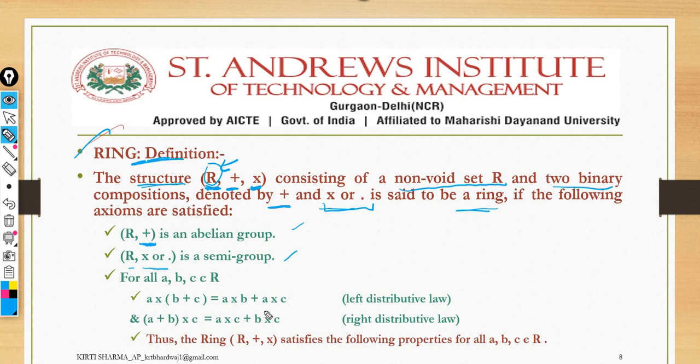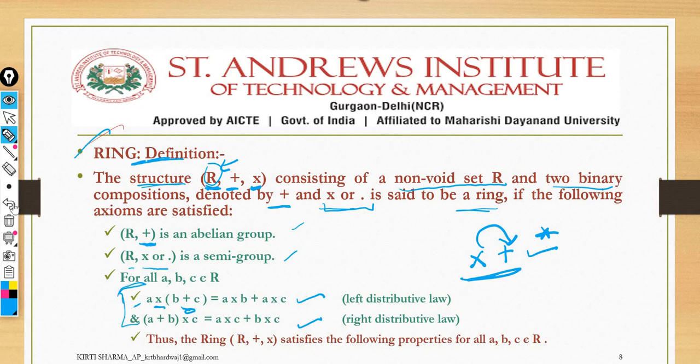There are 2 conditions here that are compulsory to satisfy in order to make a ring. It should be left distributive and right distributive. Mark one thing here: the distribution should be in a specific manner. The distribution of the multiplication operation over addition should be there, right? You can't distribute addition over multiplication. Here multiplication is distributed over the addition symbol, so make note of this. It could be left distributive and it could be right distributive, so both these things should be there regarding the distributive property.